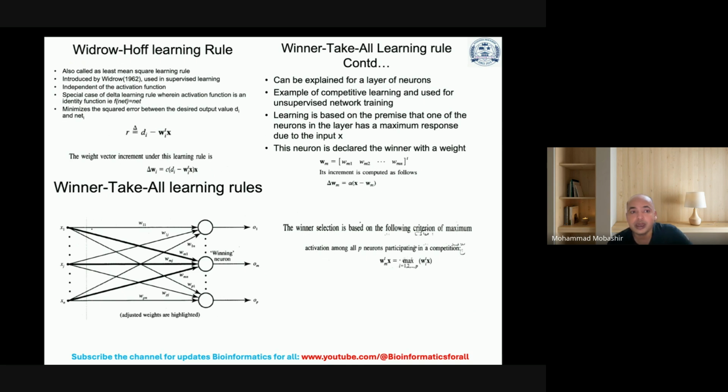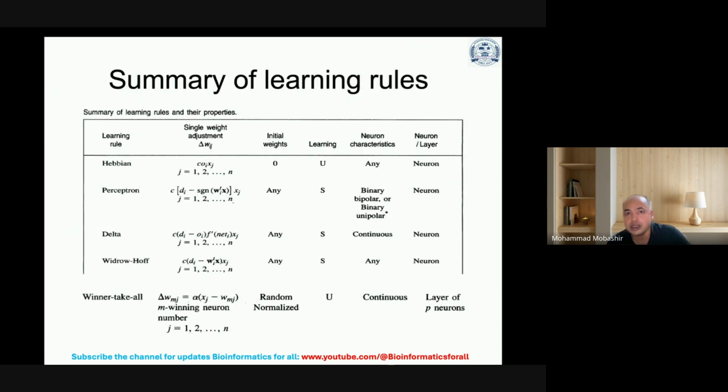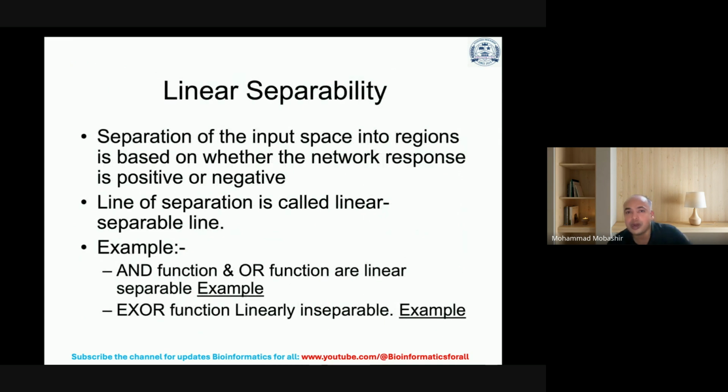So then you can go for the winner-take-all rule, which can be explained for a layer of neurons, an example of competitive learning used for unsupervised network training. Learning is based on the premise that one of the neurons in the layer has a maximum response due to the input X. This neuron is declared the winner with a weight. So then a summary of learning rules. So you have learned Hebbian, perceptron, delta, Widrow-Hoff, winner-take-all, and then you can go for linear